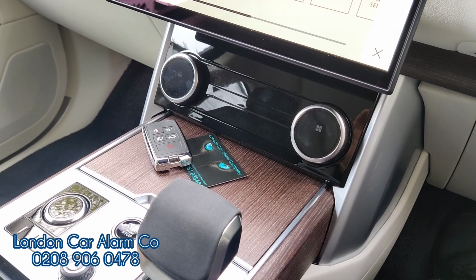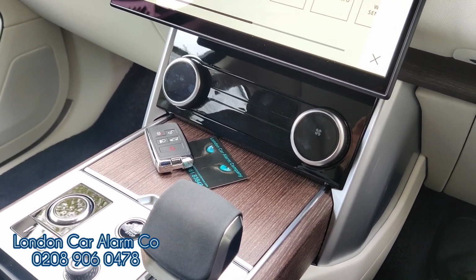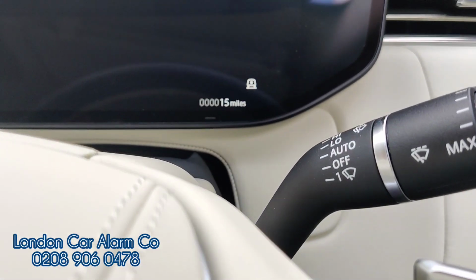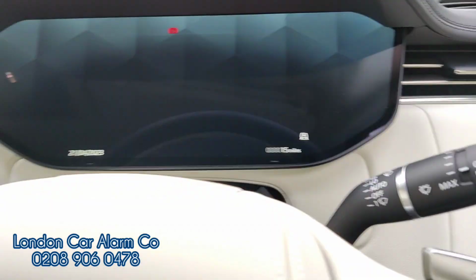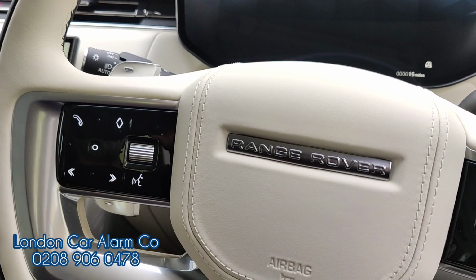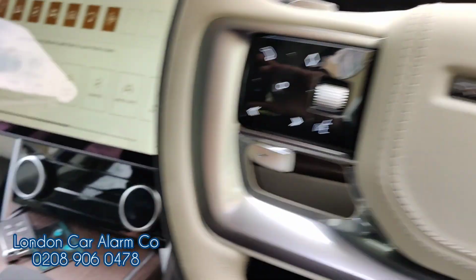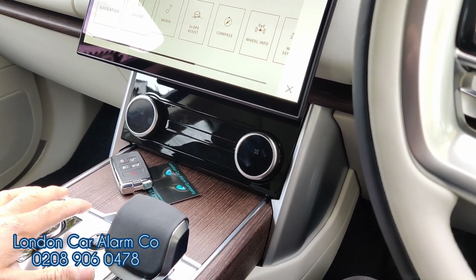Today we just fitted another StarLine Halo Plus on a 2023 Range Rover Vogue latest edition with only 15 miles on the clock. Customer just picked it up. We fitted a StarLine Immobiliser before, but now we've stepped it up and he's called us back to fit this system. So how the system works is, as soon as I start the vehicle